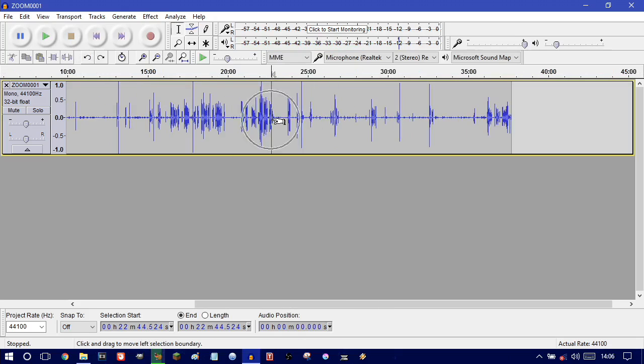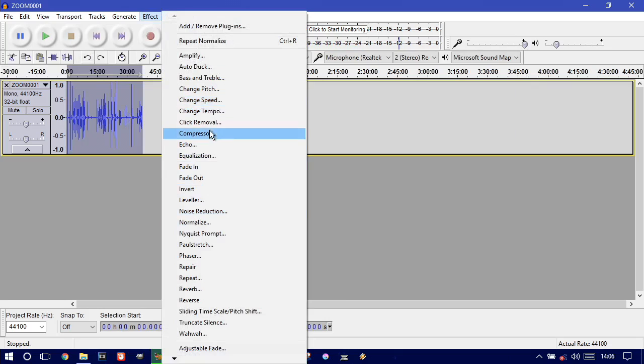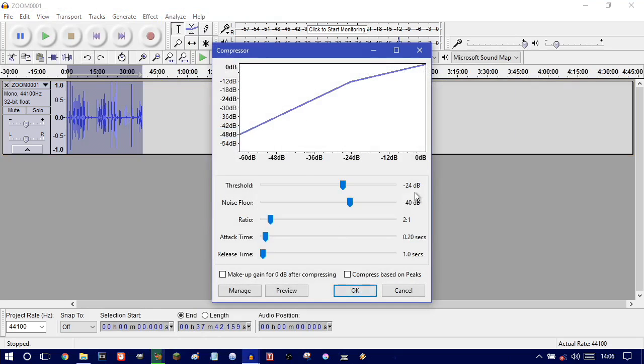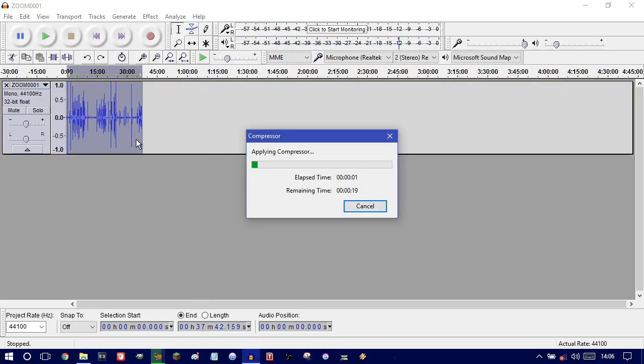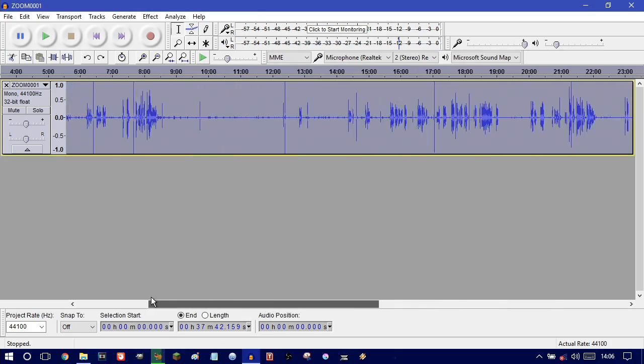Now what I want to do is select the whole clip and click on, where's it going, compressor, compress it down to minus 24 dB, and it's gonna do this magic trick, which is gonna make all of this into just like a little line going like this. Oh wait, I've done it wrong actually. No, because